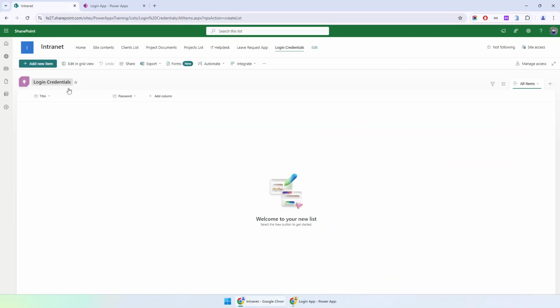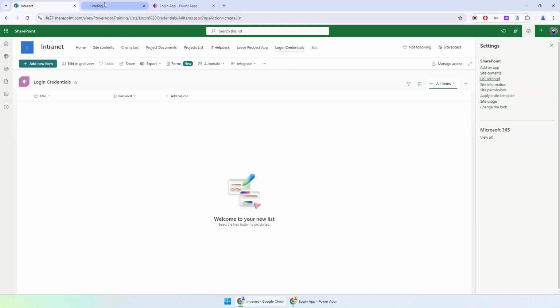Then I have the SharePoint site, and in that I have created a list called login credentials. Here I am going to store the data like email ID and password. So let's say in order to create items in the SharePoint list, user will have to use the minimum, user will have to use a contribute permission, which is the minimum permission level required in order to add items in the SharePoint list. If you are aware about the permission level of SharePoint,